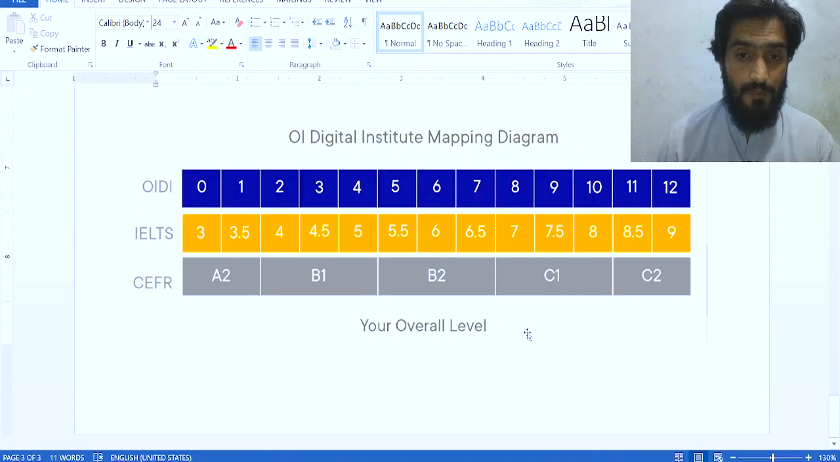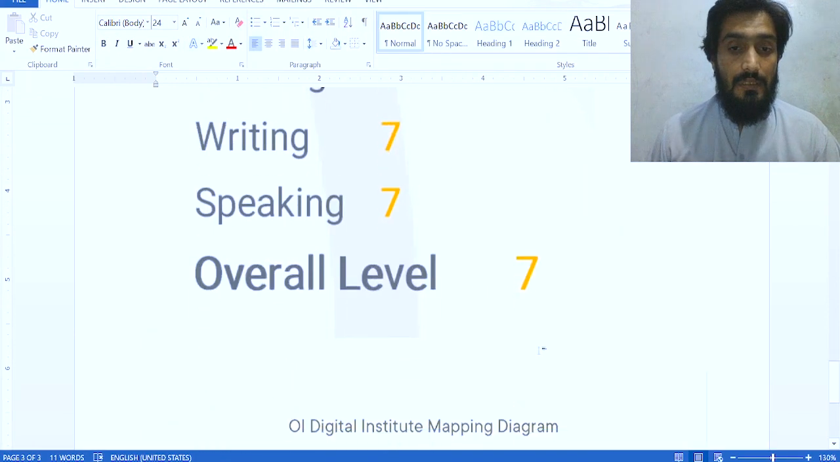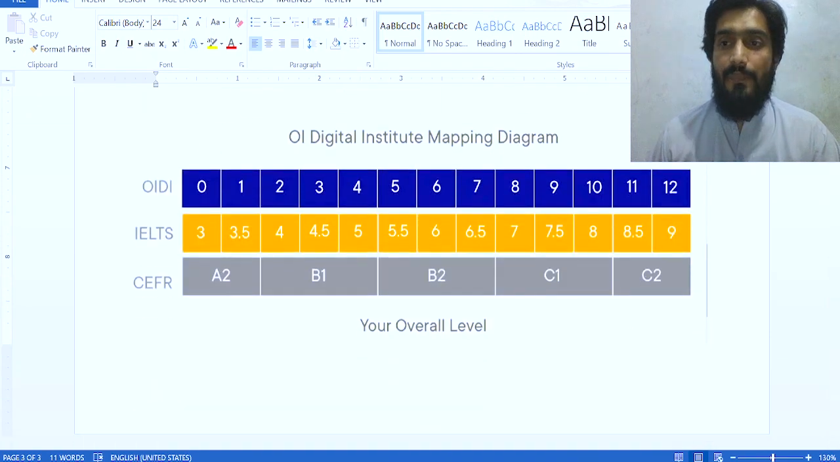So if you are applying for masters and your requirement is 6.5 overall and 6 in each, your scoring should be 6 and 7 or above them, but not below them. Okay, so 6 is equal to 6, but 7 is equal to 6.5. I hope you got it. Now let's proceed